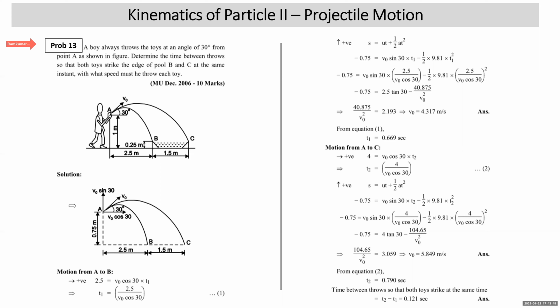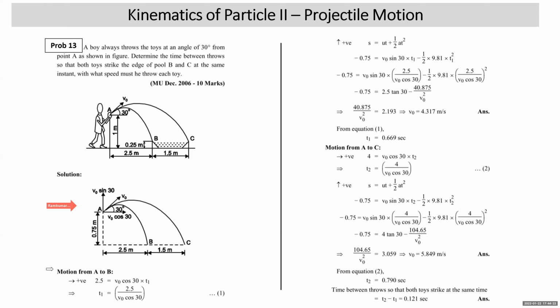Now we have drawn the diagram, a little simplified version, which is necessary. Now show the point of projection and the two targets B and C. Initial velocity is V0. Resolve it into V0 cos 30 and V0 sin 30. Then point A is above B and C by 0.75 meter, not 1 meter. You can see that the edges of the pool B and C are 0.25 meter above the ground. So point A is above B and C by 0.75 meter. Horizontal distance between A and B is 2.5 meter. Between B and C is 1.5 meter. So we are ready to write the